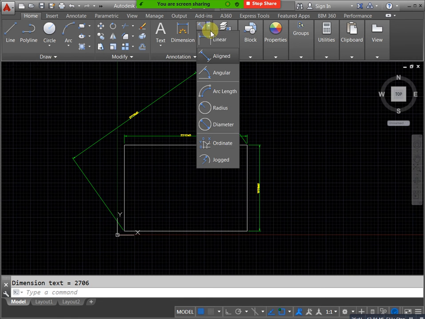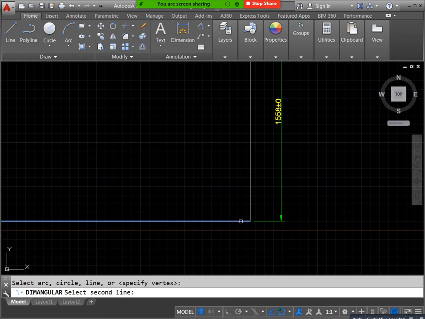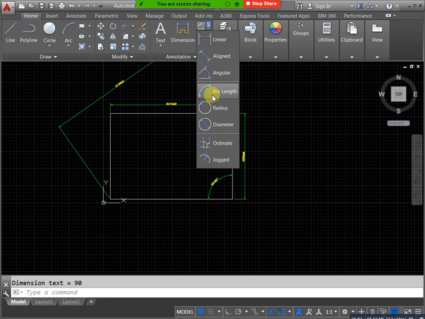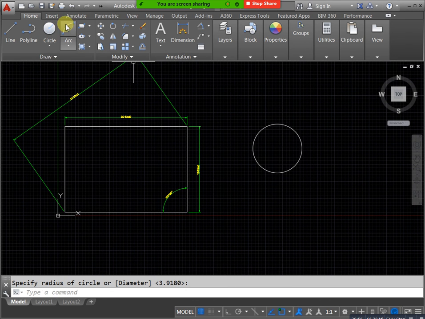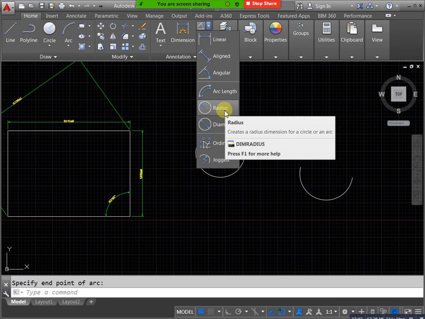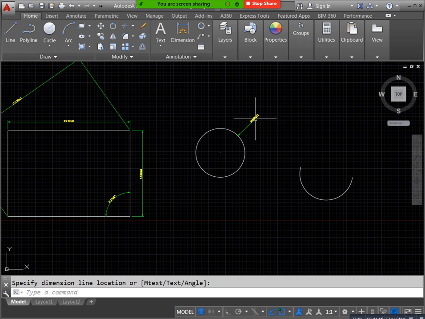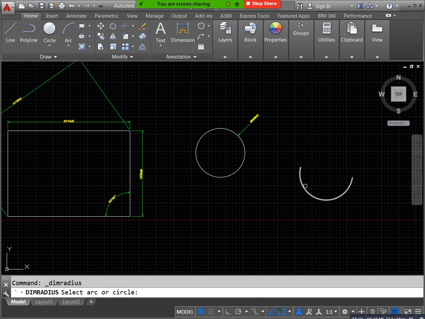Okay, if you have complete circle, you can mention diameter value always. In case if you have some arc, only some portion is there, then you can mention radius. If you have complete circle, you can mention as a diameter. If you don't have complete circle, just you have some portion, that condition you can mention as a radius. Next you will take arc length. This is arc dimension, but we no need arc dimension, we no need this one also, but sometimes we need